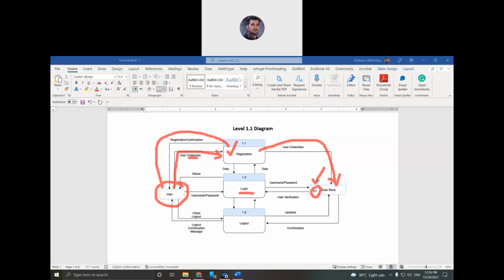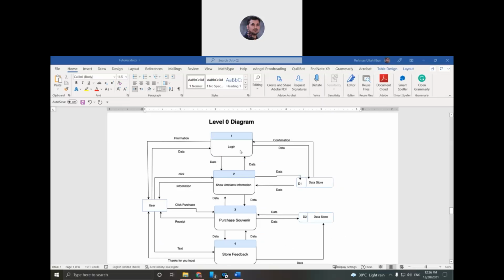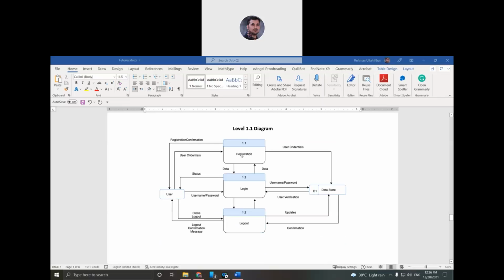So let's continue. I give the name level 1.1 diagram because I decompose process 1, the login, into 1.1, 1.2, 1.3. You see the process 1. This is why all the sub processes are children of 1.